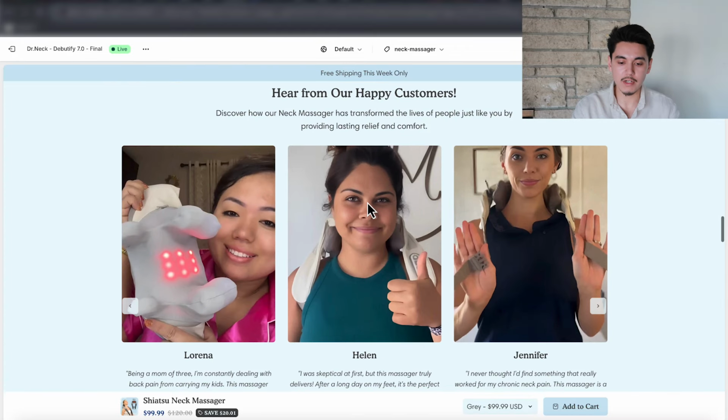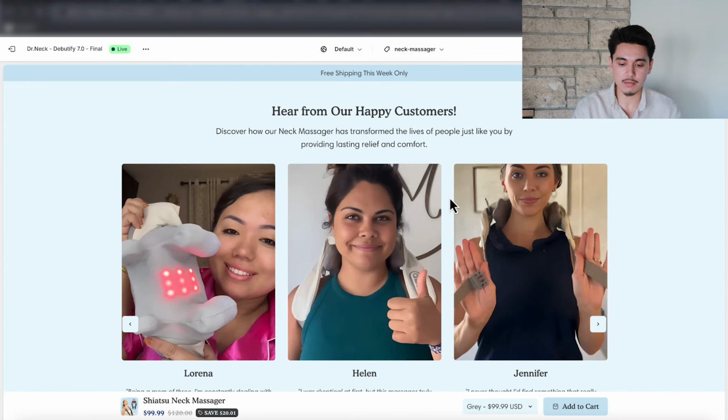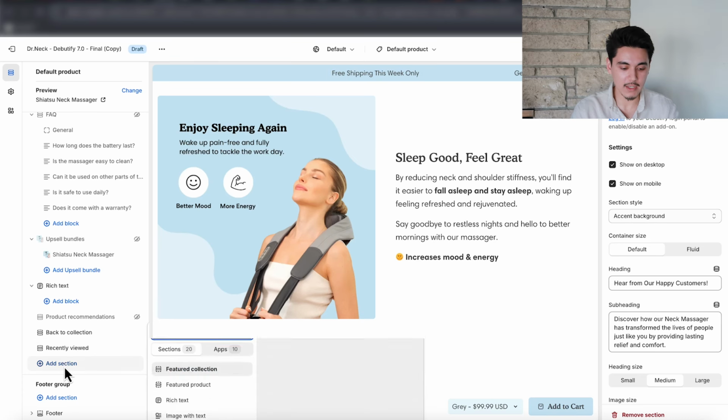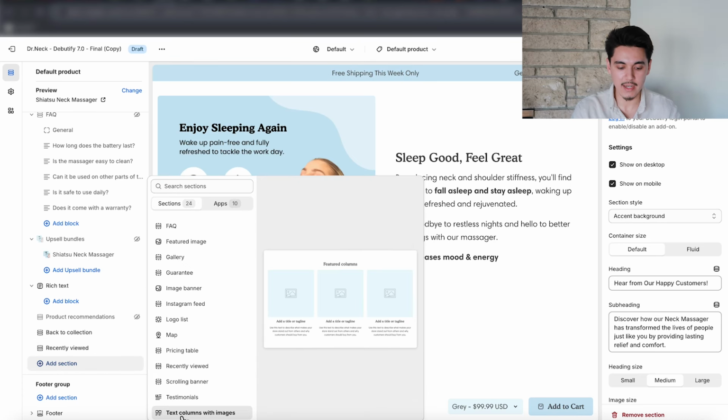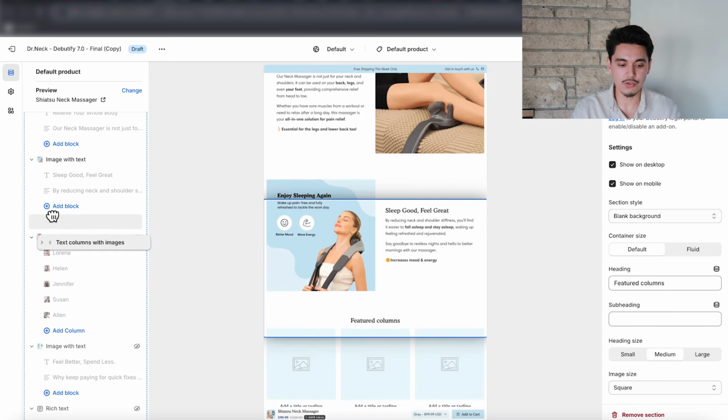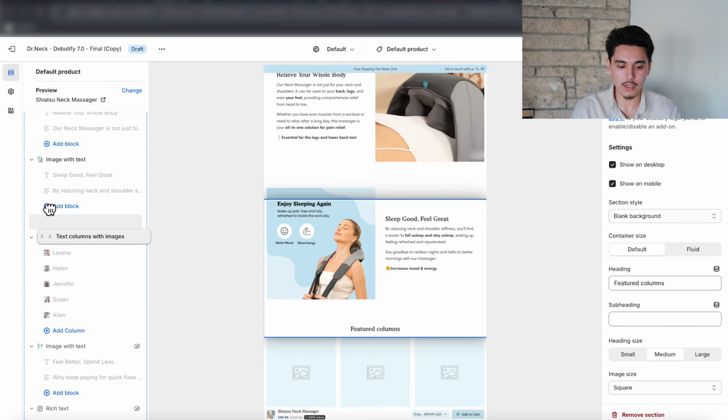And right below this, we're also going to have a section that displays all of the customers that are holding our product, which again is going to build more credibility behind the product that we're selling, because it's going to show our customers that there's real people out there actually using our product. So in order to do that, we're going to go on the left-hand side and you want to find the section that's called text columns with images. And you want to make sure you drag that section all the way below all of our image with text